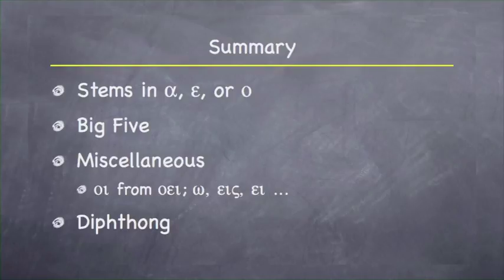And rule 7 is the rule for diphthongs, and it all has to do with the single vowel and the first vowel of the diphthong. If they're the same, they're going to simplify and one's going to drop out. But if the single vowel and the first vowel of the diphthong are different, then they will contract according to the normal rules. And then the second vowel of the diphthong, if it's an upsilon, it goes away, and if it's an iota, it will subscript. So that's it for chapter 17.